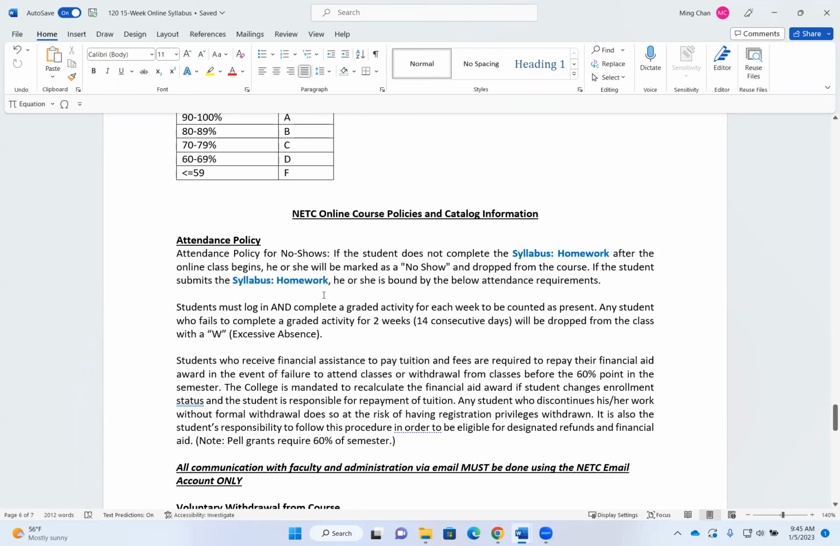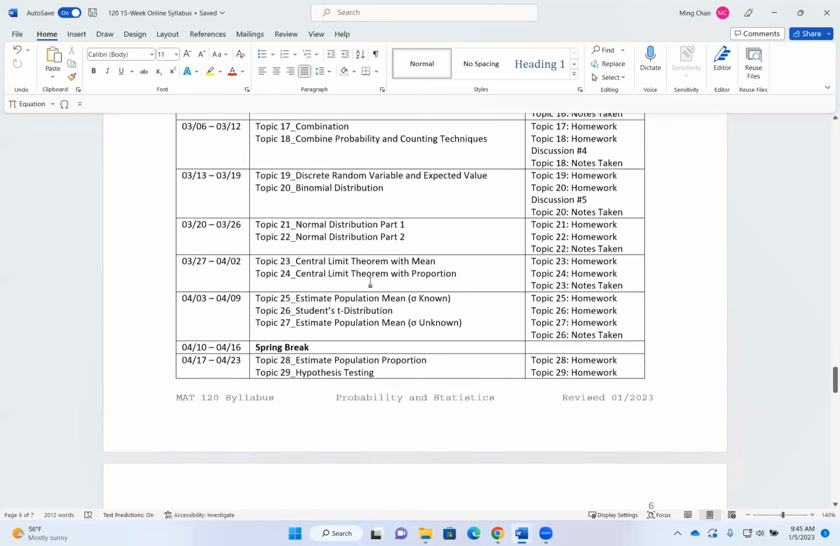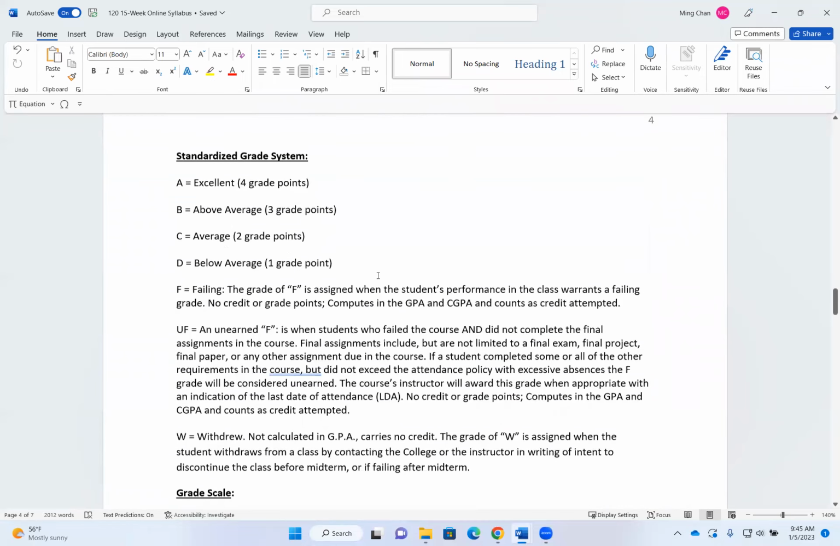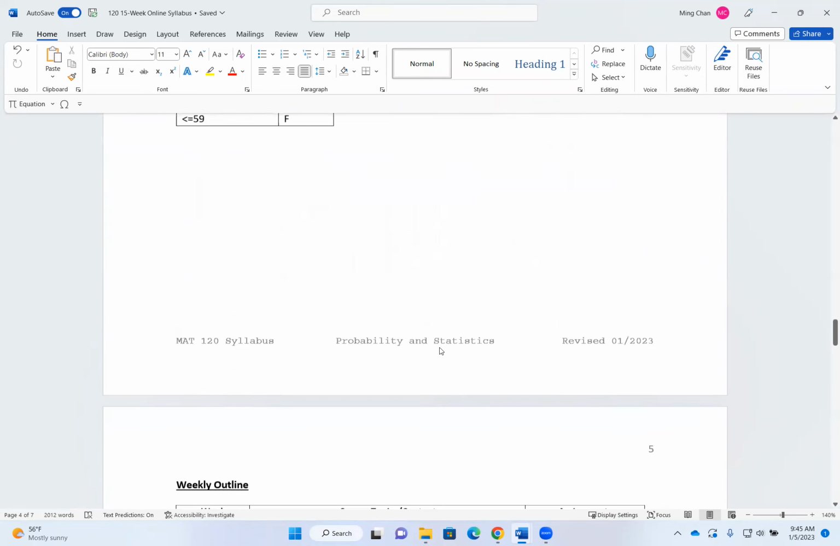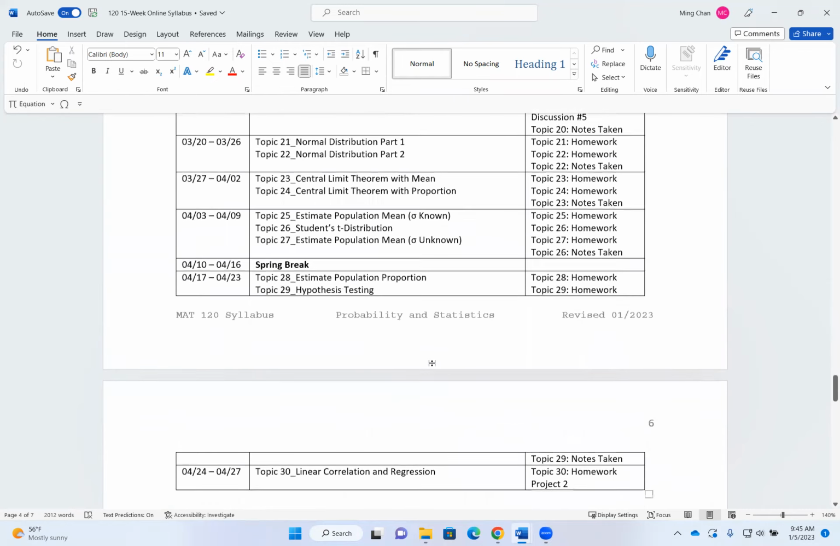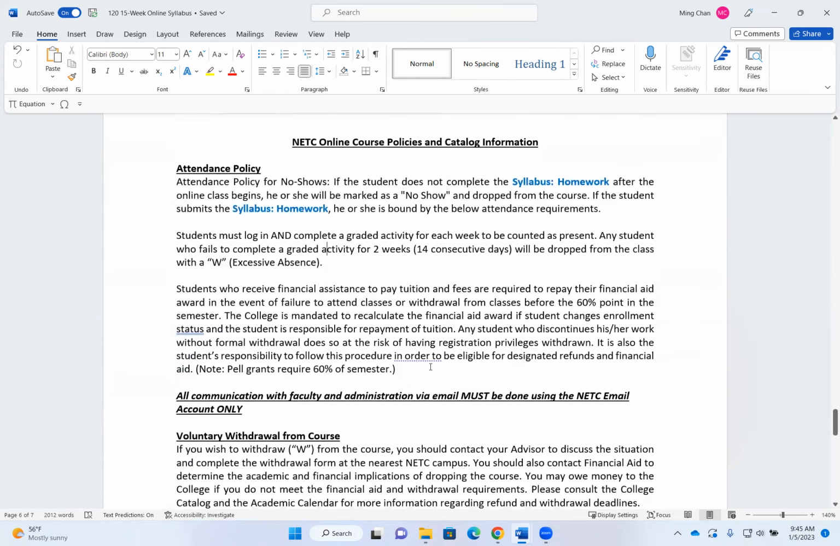If you drop the class, you get a W. If you get a letter grade, one that is listed up here, then the college can charge you or your financial aid for the class. So be very aware that you do want to take this class and you do want to continue. If you do not submit, then you will be dropped as a no-show, like you never came to class. No big deal. We'll just remove your name from the roster. If you do submit,